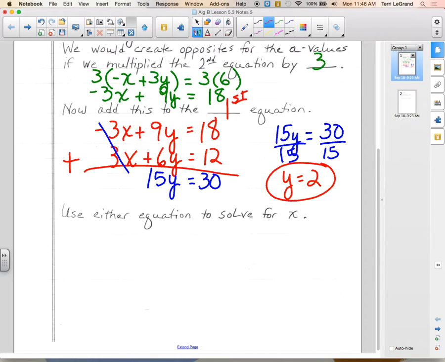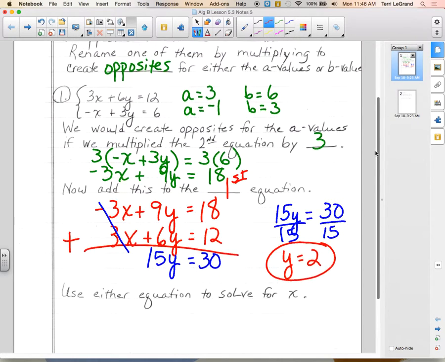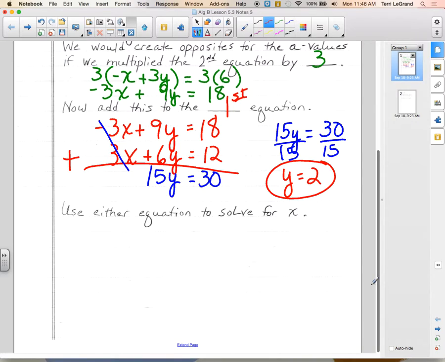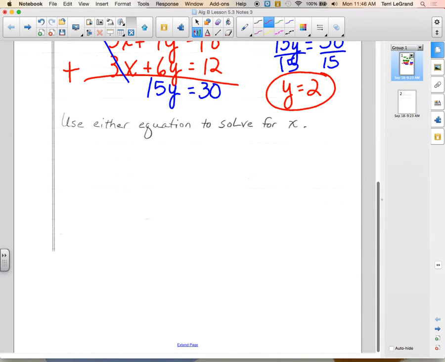Go back to one of the original ones and say, which one do I want to put my y in for and solve for? I like the first one because it doesn't have any negatives. If you like the second one, you can use the second one. Just make sure you use it correctly, okay? I'm going to use the first one. And then I will